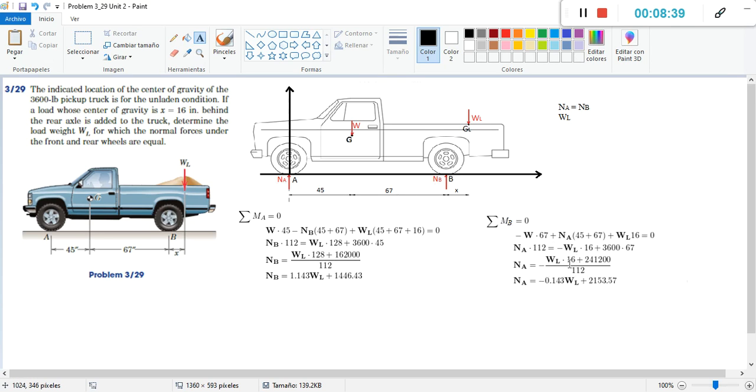Okay, for that we have the same as here. We pass the 112 to the right, and it's multiplying, so here is dividing. So we have minus WL times 16 plus